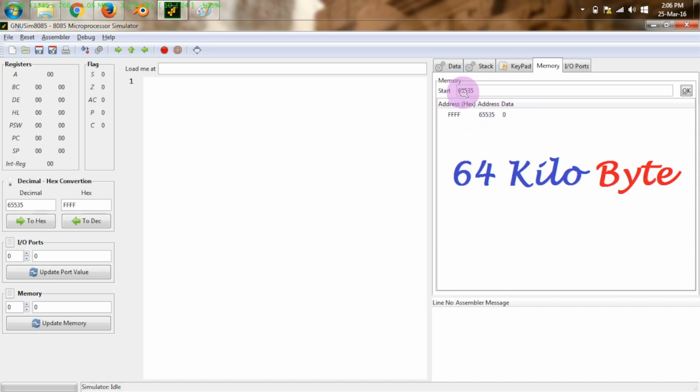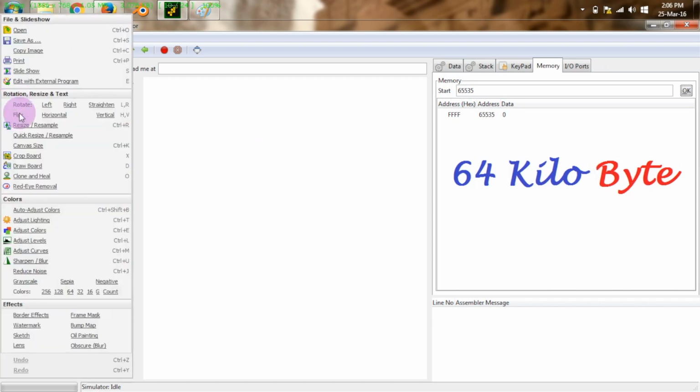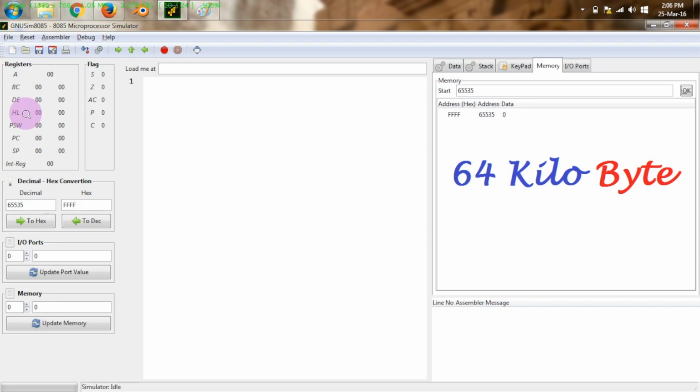And when you type 65535 in this start tab, you will see that after this there are no memory locations. So the take home message is we have got 64 kilo locations of memory. Each location is capable of storing 1 byte of data. So now we will see how to handle this memory, how to transfer data from this memory to these basic registers A, B, C, D, E, H, L, and then how to perform calculations and store the data back to